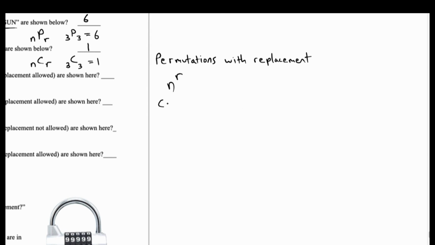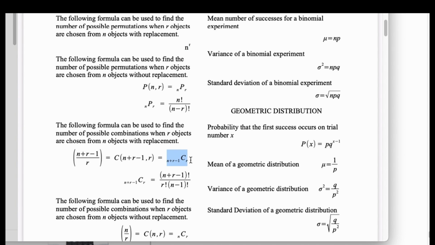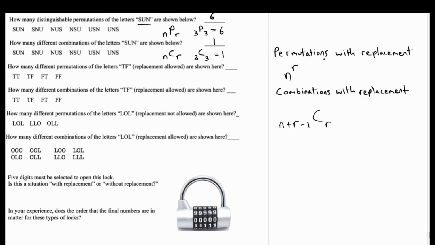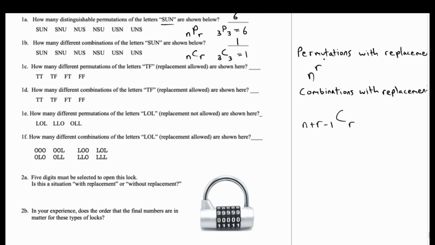Then when we're doing combinations with replacement, we want this one right here. n plus r minus 1 C r. I'll let you try it. Try to plug in what you think should be plugged in here based on what n and r would be